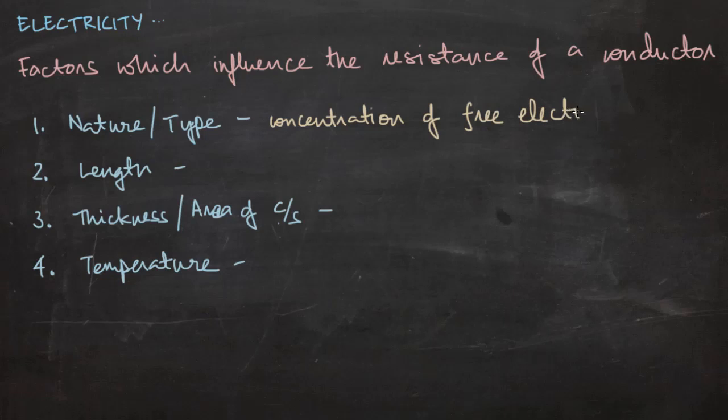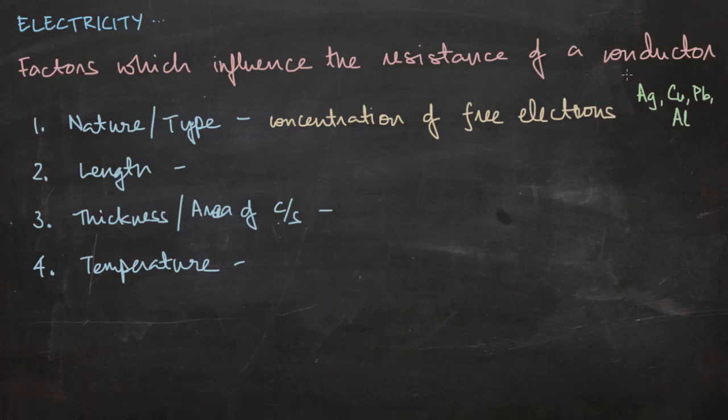influences the resistance of the conductor. So, if you think about it, the more the number of these free electrons, the easier it would be for the conductor to conduct electricity. So, if we take examples, substances such as silver, or you could say copper, or lead, or aluminium, etc., are very good conductors of electricity because they have a